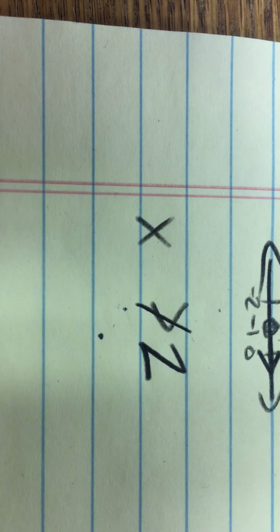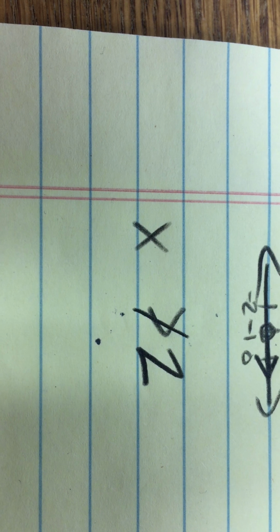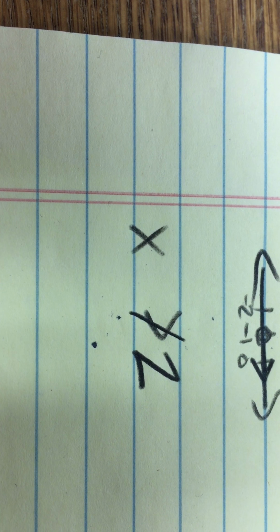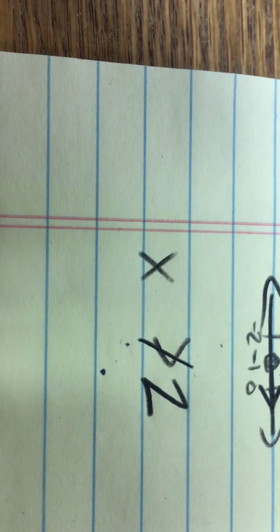So let's go to this next one here. All right, x greater than 2, but the greater than is negated. So the opposite of greater than is going to be something it's going to be less